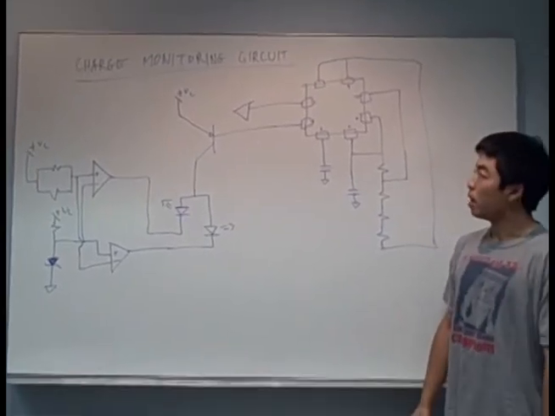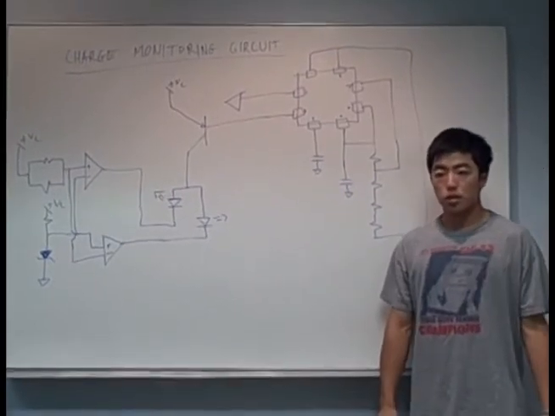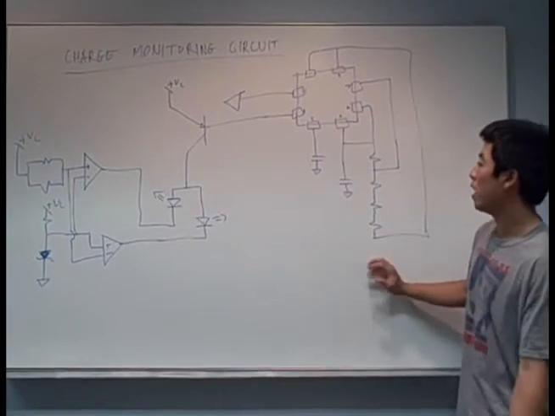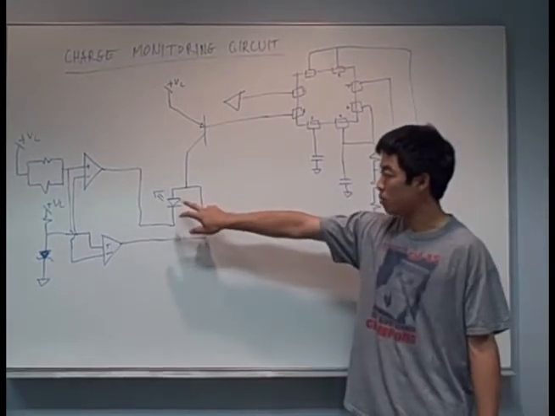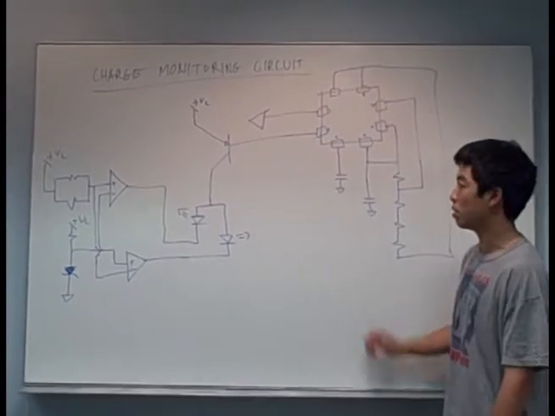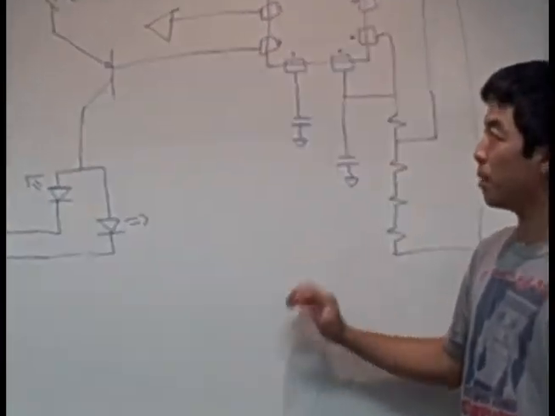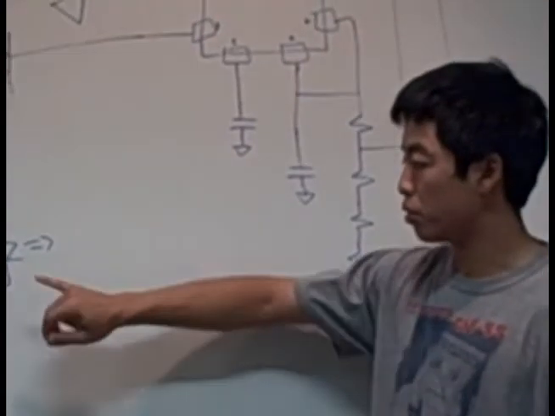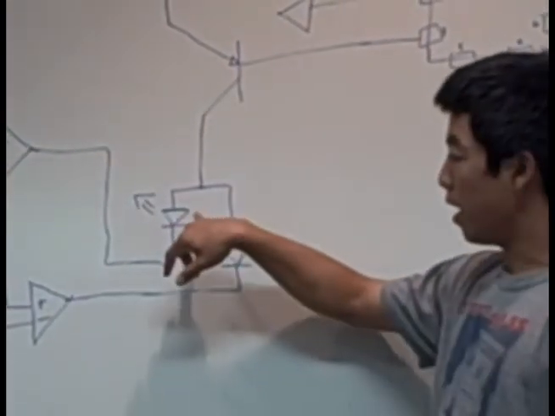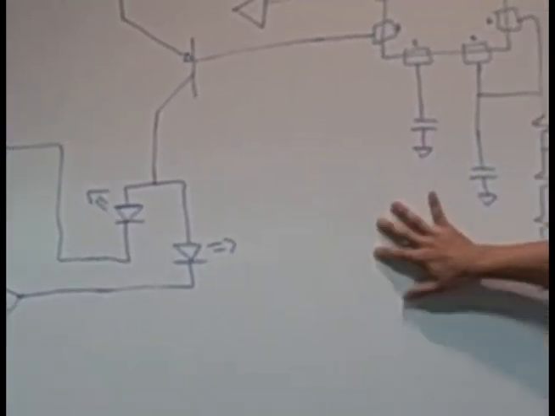So now I will be explaining the charge monitoring circuit, which is a circuit that has two LEDs which monitor the amount of voltage that the capacitor has charged. When the capacitor is over 4 volts, it is supposed to blink one LED, and when it is under 4 volts, it will charge the other LED. And so this circuit